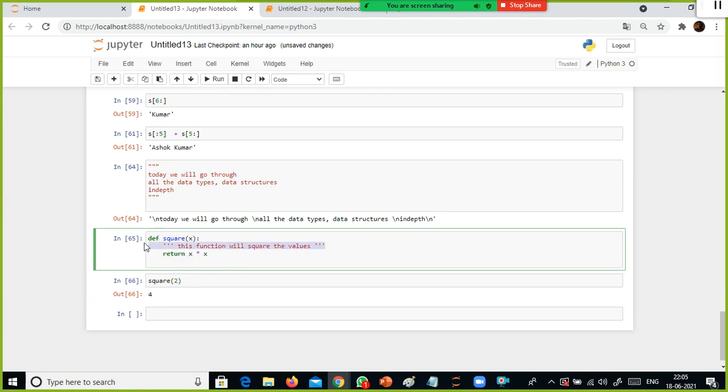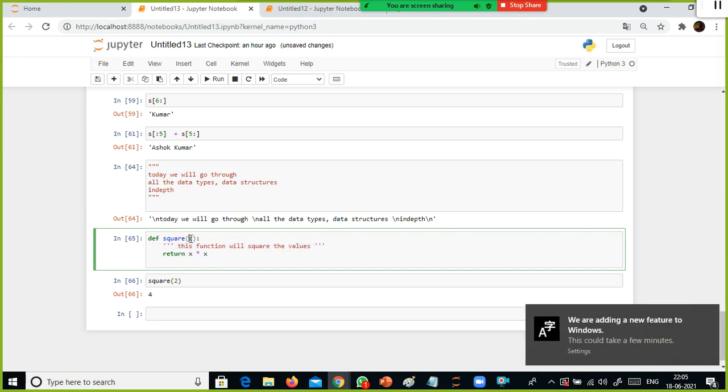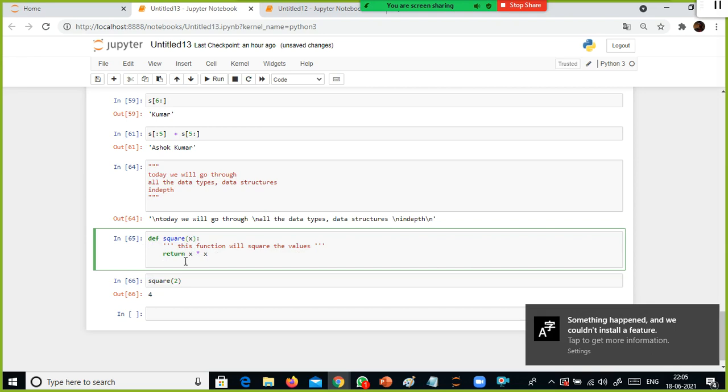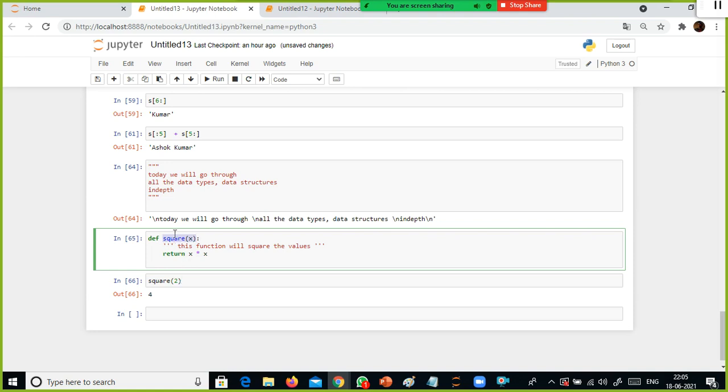But here, to demonstrate, this is also called the docstring, okay? Here also you can specify multi-line comments inside this one, but this is called the docstring. Def square of x: this is the function name, the argument name is x, return x into x. So here I am going to call this function. I want to execute this function.